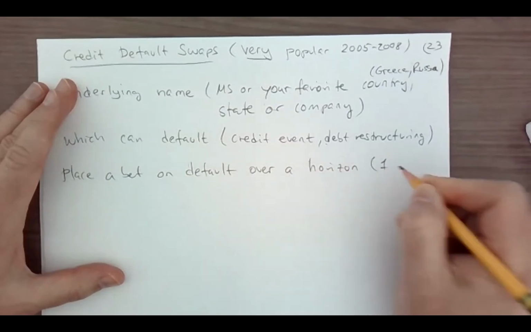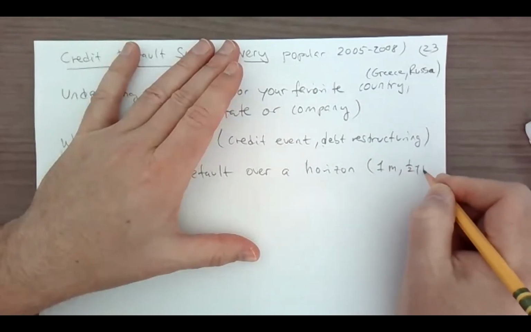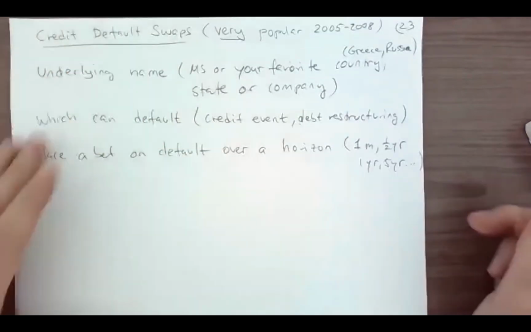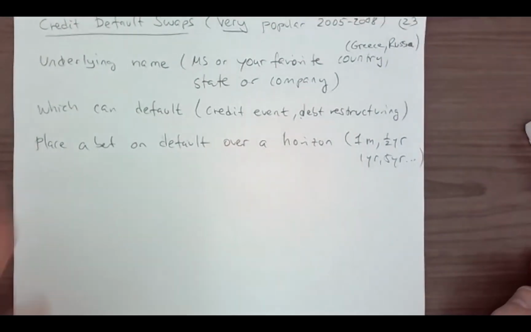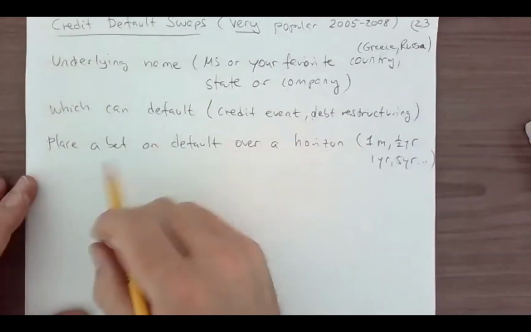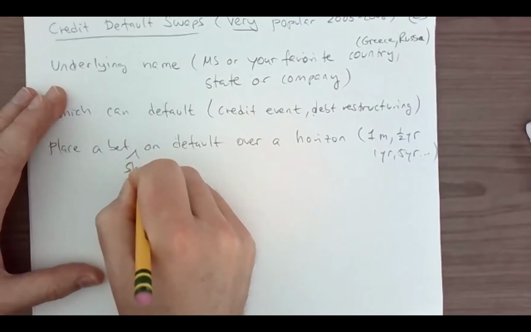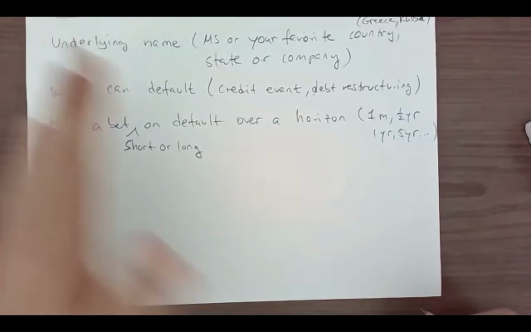So it could be 1 month, it could be half a year, it could be 1 year, it could be 5 years, it could be whatever you can agree on. So you take a bet, short or long. So this here could be short or long. You can take one side, take the other side,